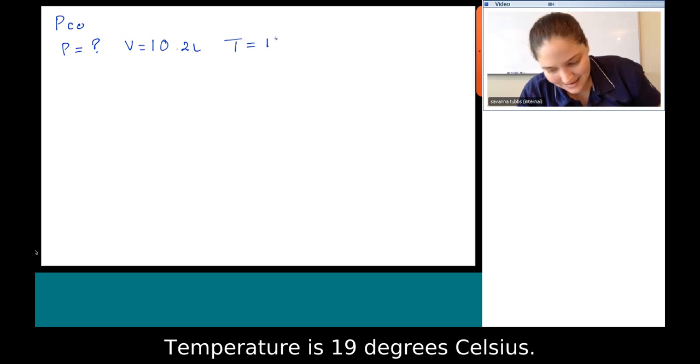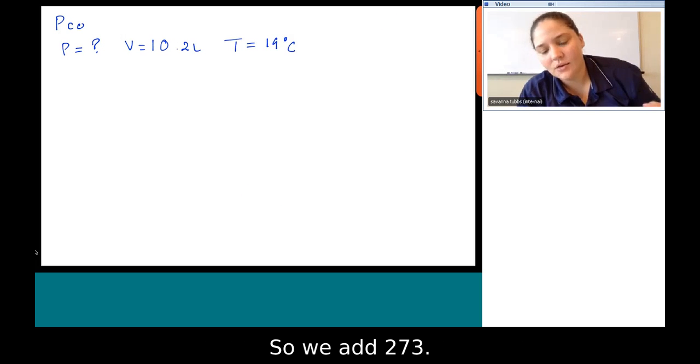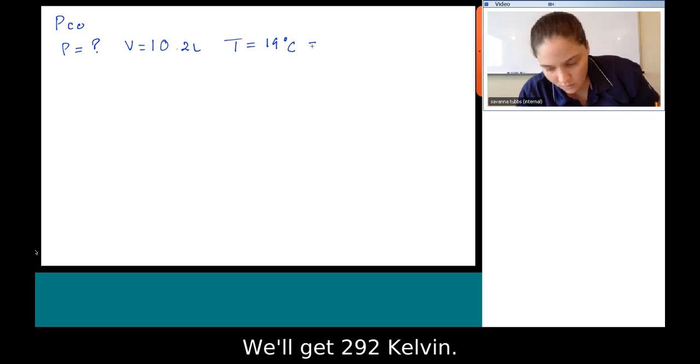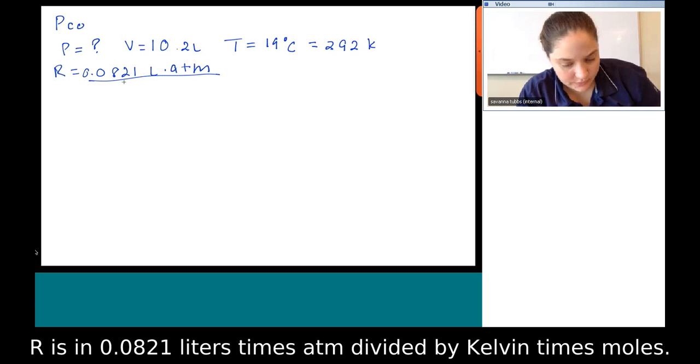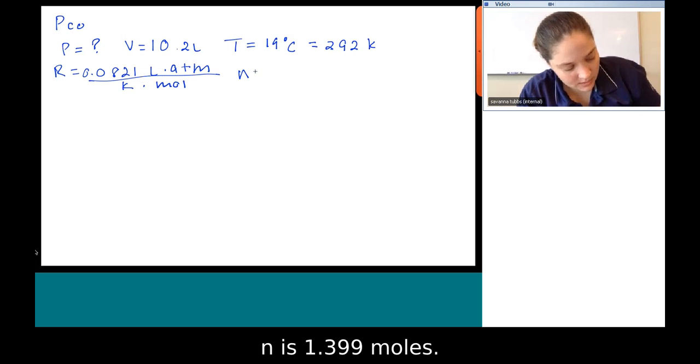Temperature is 19 degrees Celsius, so we add 273. We'll get 292 Kelvin. R is 0.0821 liters times ATM divided by Kelvin times moles. N is